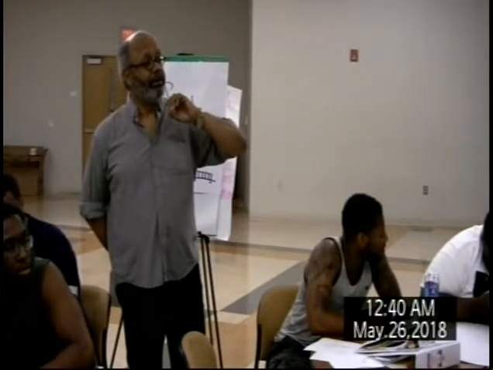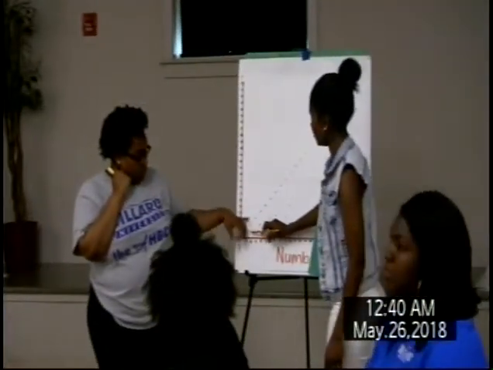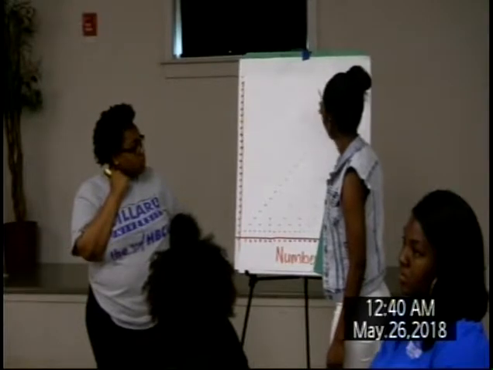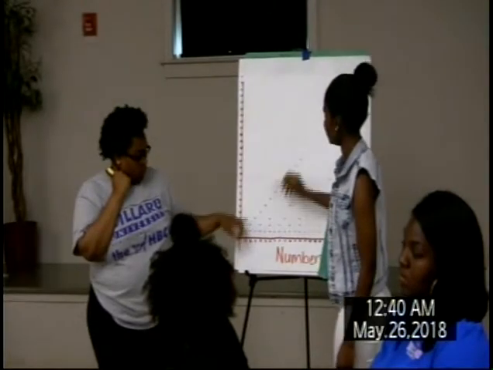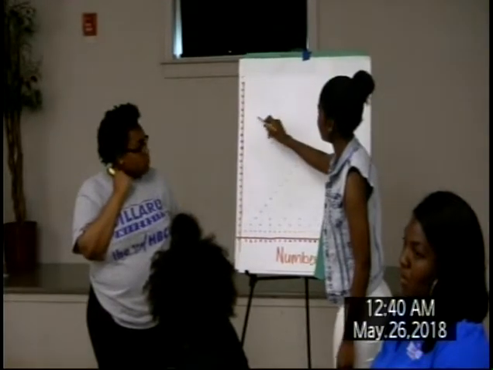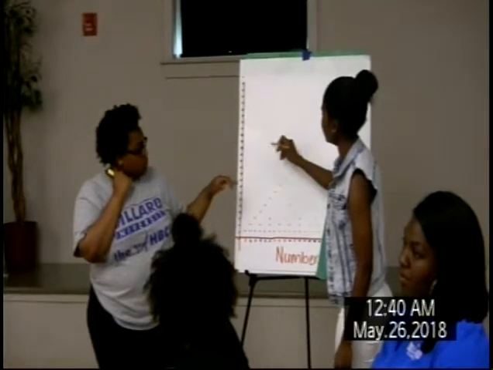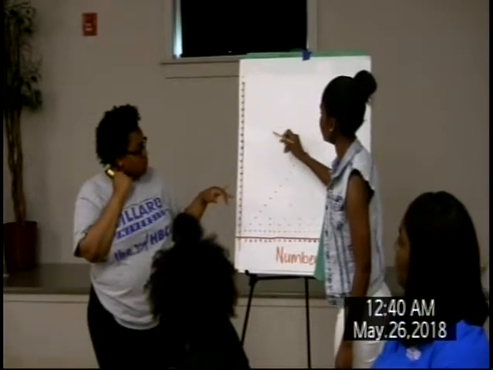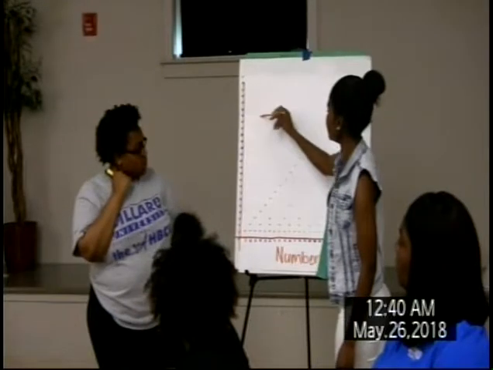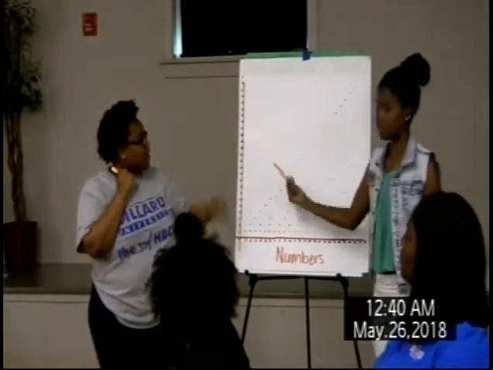Okay, so basically what we did was, for 2, we took factors 1 and 2, so that's what we plotted here, 1 and 2. For 3, 1 and 3, that's what we did. For 4, we had 2 and 2, and 1 and 2, so we took this and this. So that's what we